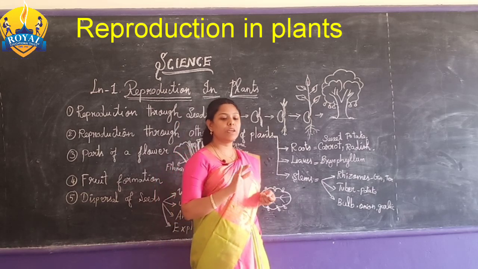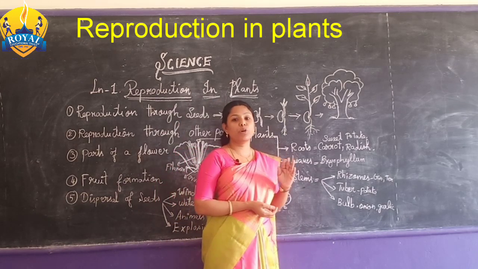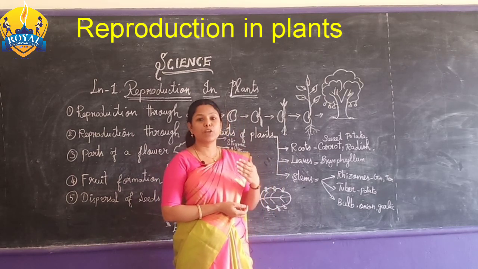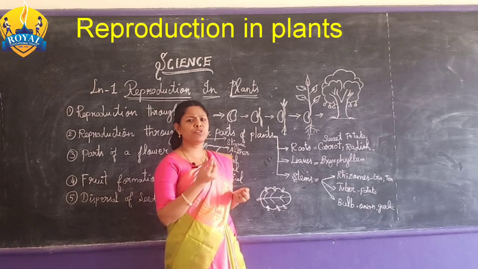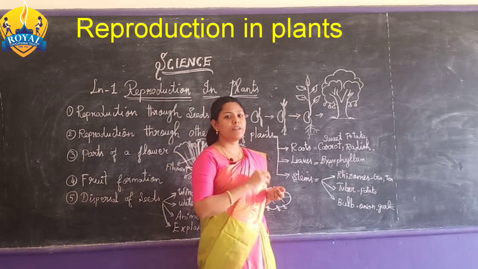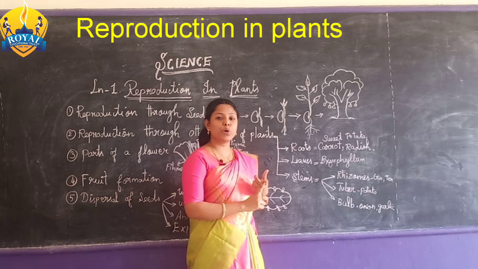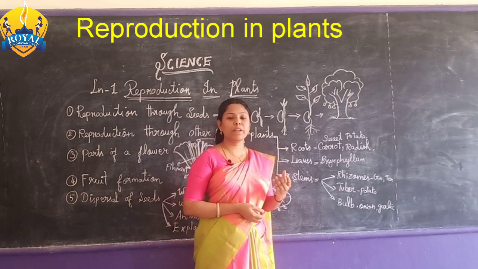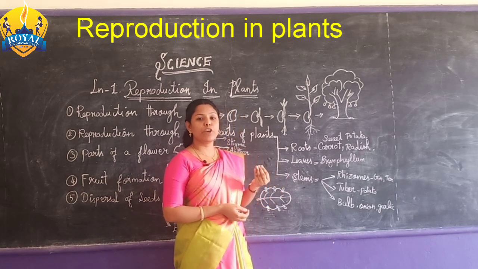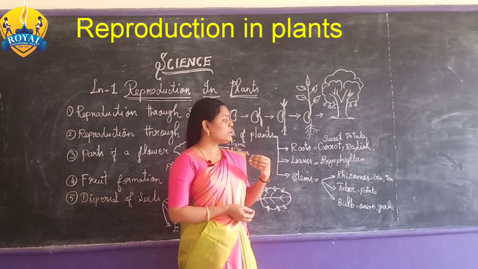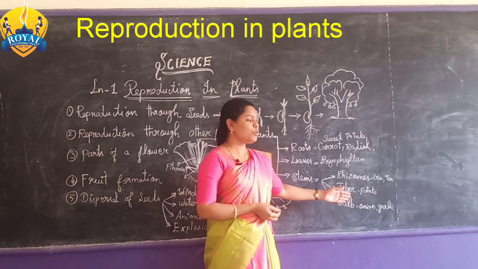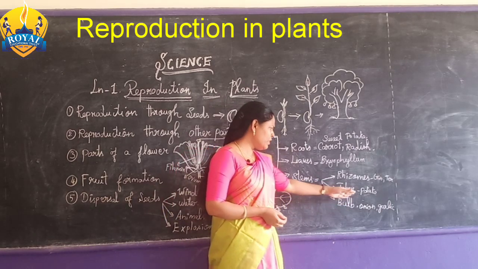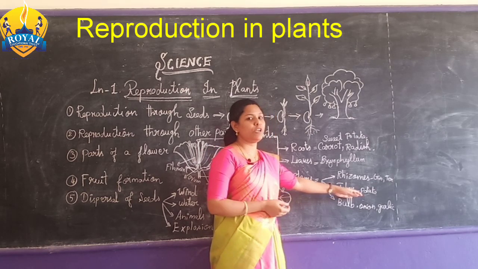If you keep a potato for more than 3 weeks or 1 month, you will see the potato produce new green buds. If you cut the potato and keep it under the ground, after a few days the small buds will give rise to a new plant. Do this at home and you will see a new potato plant.